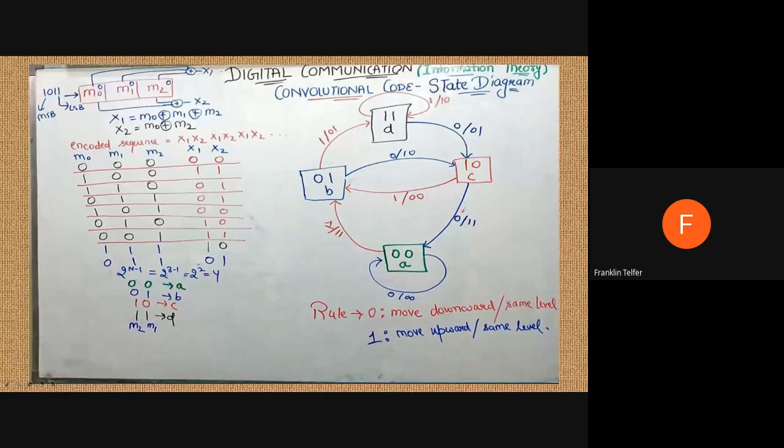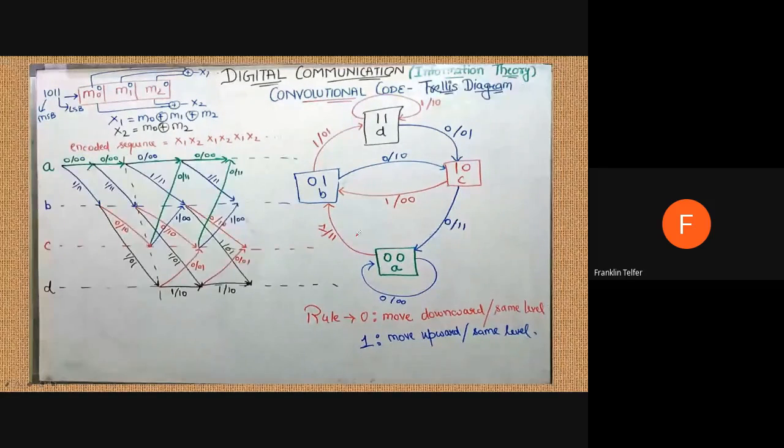This is one part. Next one, trellis diagram. From the state diagram, we can trace the trellis diagram. In this trellis diagram, let us take the same message bit sequence 1011. You have 3 shift registers, and the encoded sequence can be taken as x1 x2, x1 x2, x1 x2. So the same thing, we are going to draw this